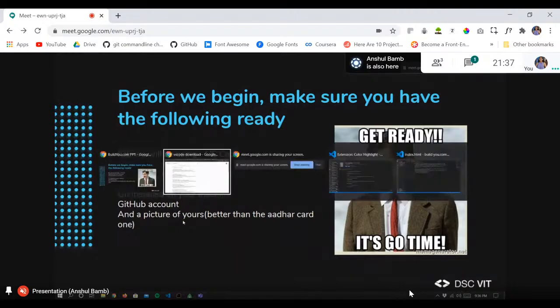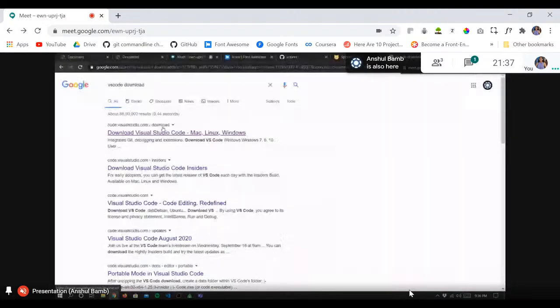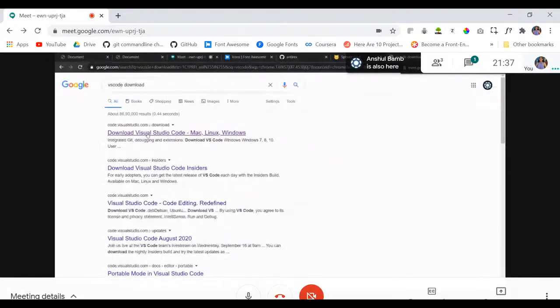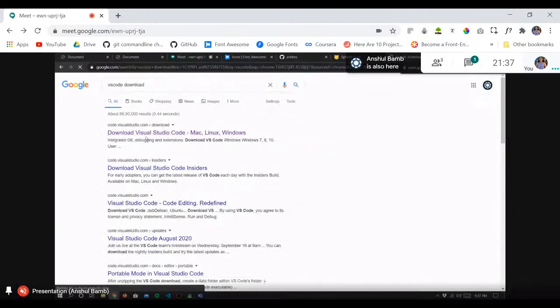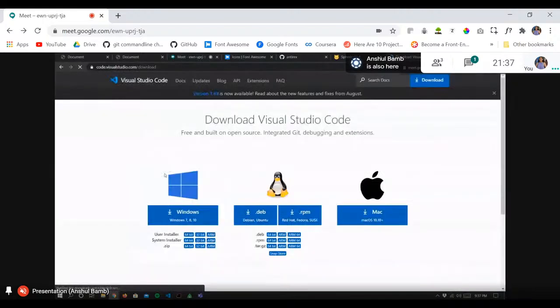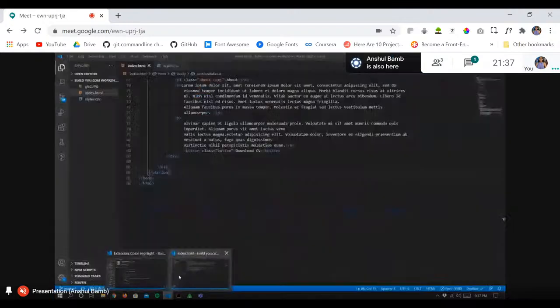So as you can see, you can go to your Google search and just search VS Code download. The first link, just head over to that. And depending on your operating system, you can just download. Once you've downloaded this,